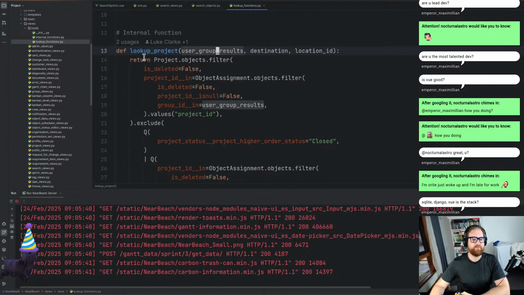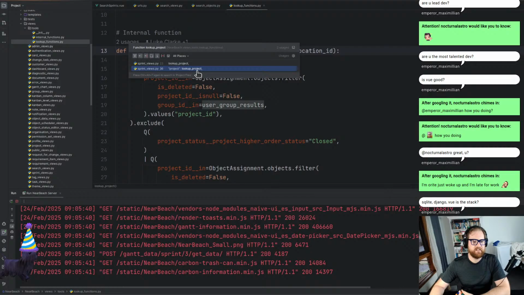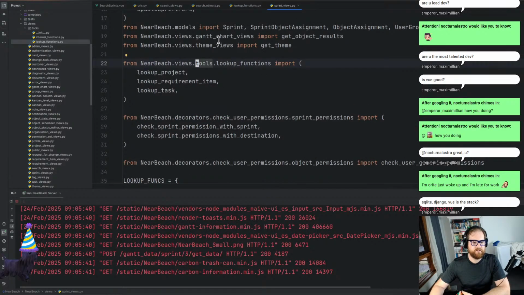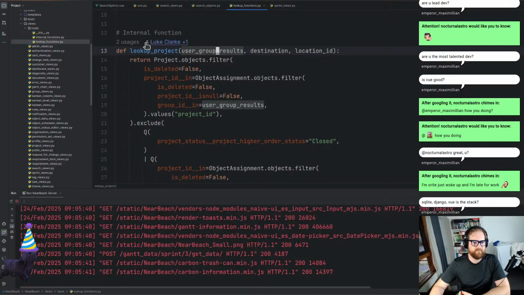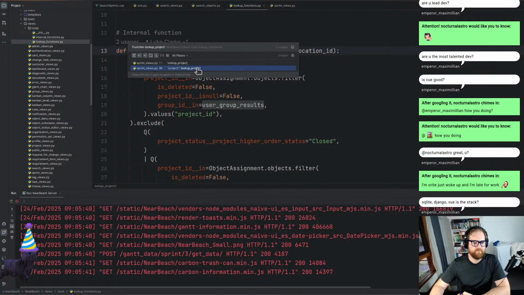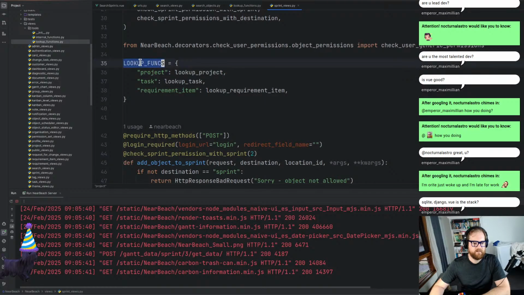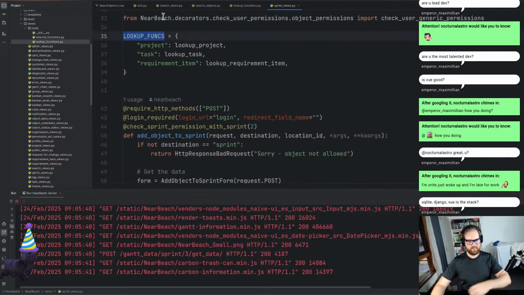So we've got lookup project, we've got 2 usages. And they're both in the sprint views. So we call it lookup functions. We've got lookup project, lookup task, and yeah. And then